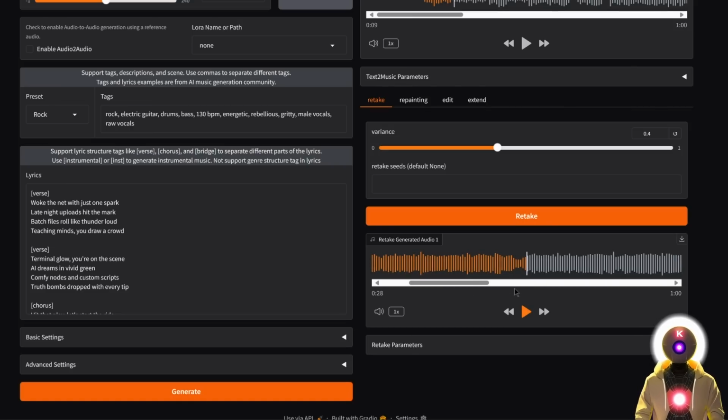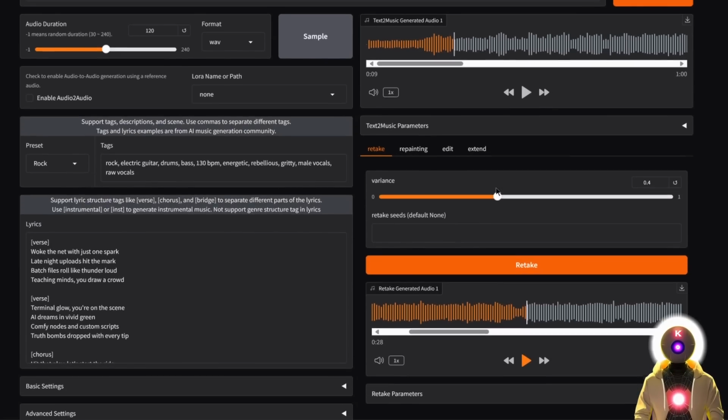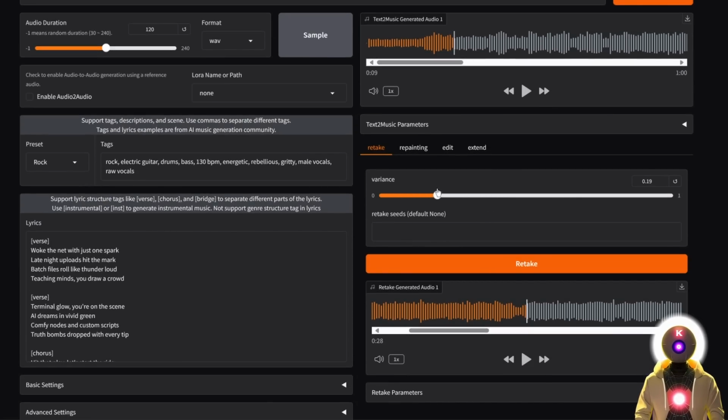Okay, I'm not gonna play the song once again, but as you can see, with a small variance, you're gonna hear that the song is now completely different. If now I decrease that variance value to something like 0.1, and I click retake again, so this was the before,